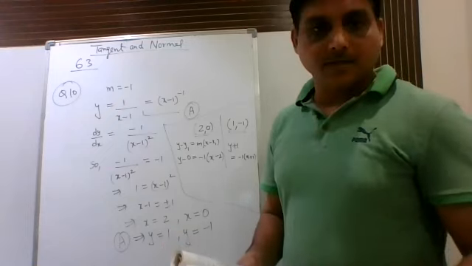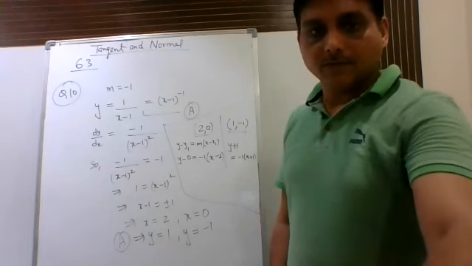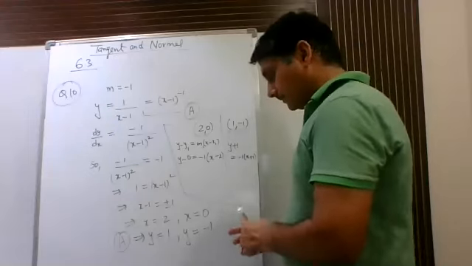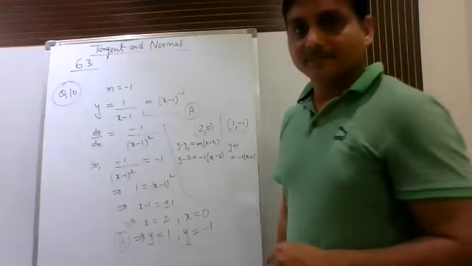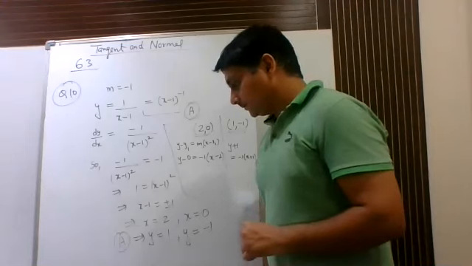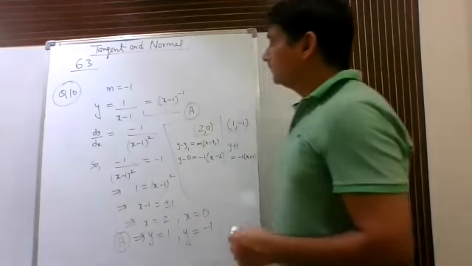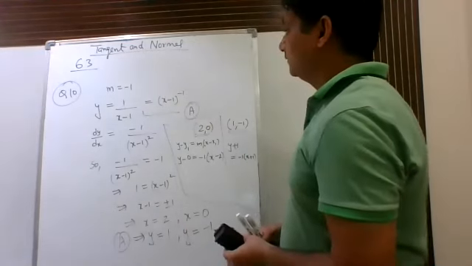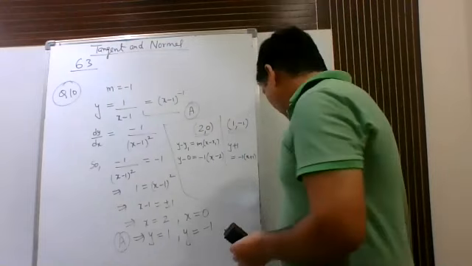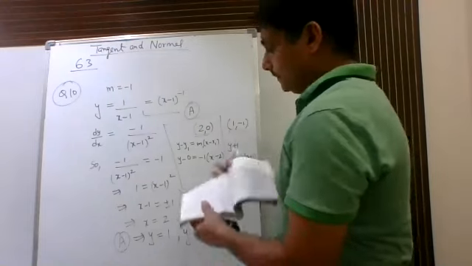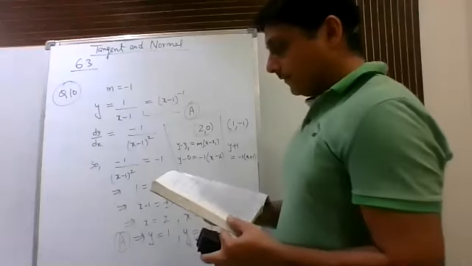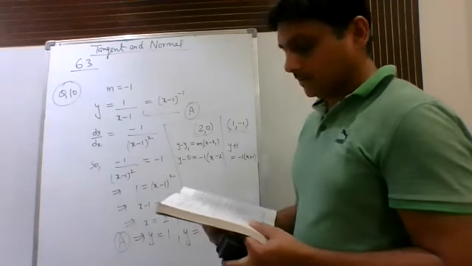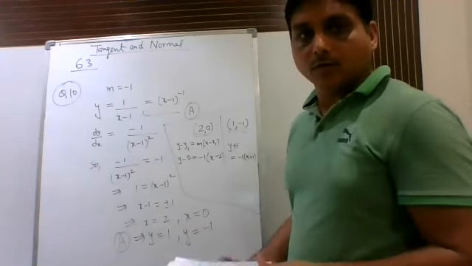Okay, now let me start with number 11. All of you start the 11th question after this. So in the 11th also, find the equation of all lines having slope 2 and which are tangent to the curve. So just take the derivative and equate that equal to 2 in number 11.